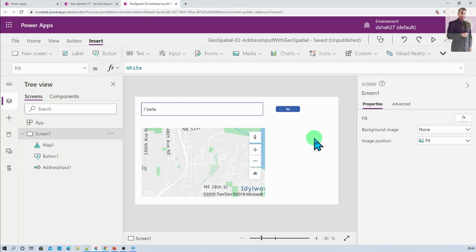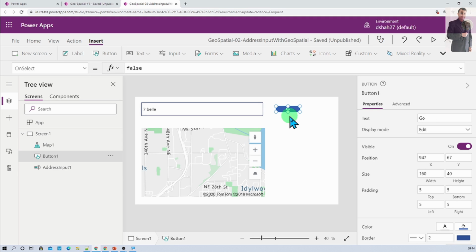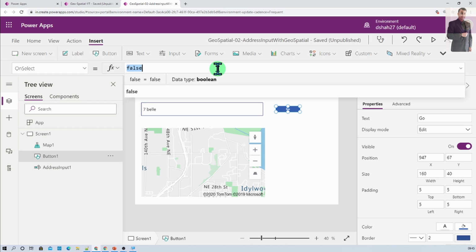Now I want to achieve one more functionality. Let's say, for example, whenever I search for any location, I want to point out that location on my map. For that, I need to apply some code on my Go button. On select of the Go button, I am going to prepare one collection.